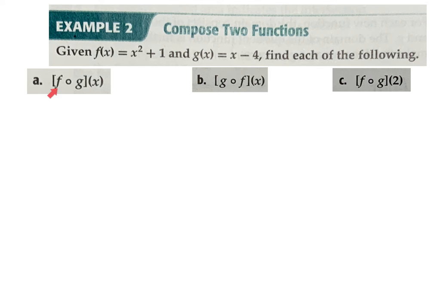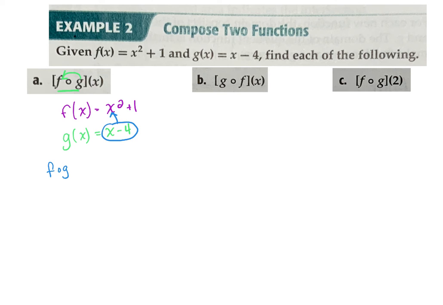They want us to do the f of g of x, the g of f of x, and the f of g of 2. All right, and they've given us these functions. So what we're going to do is we are going to take the f function. So f of x is x squared plus 1. And we're going to take the g function, which is x minus 4. If they want f of g, then we are putting g into f, okay? So we're going to take this g and we are going to plug it in for every x in our f function. So f of g